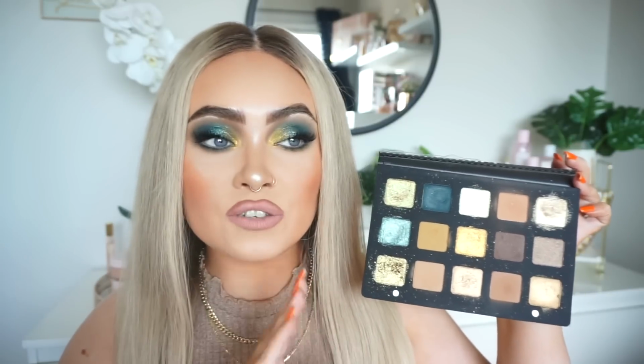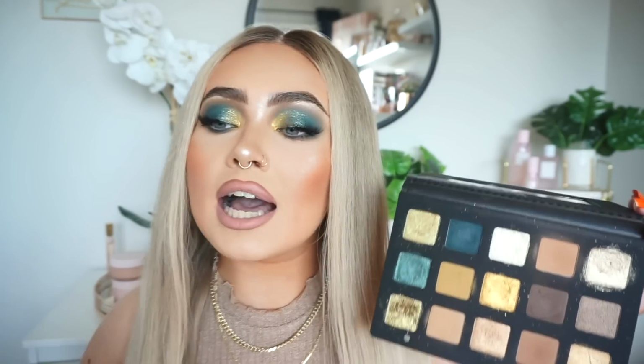This is a £100 palette, and whenever you're using the shades, you can tell. And this does feel like a luxury palette. You can tell whenever your fingers are in the shades. You can tell whenever you're applying them to the lids, you're blending them, how they look. It definitely is worth it, but at the same time, this palette here was able to keep up with how it looked and how it performed. Just the overall feel of the shades, you know, there was no comparison there. The NATASHA DENONA palette definitely knocked that out of the park,